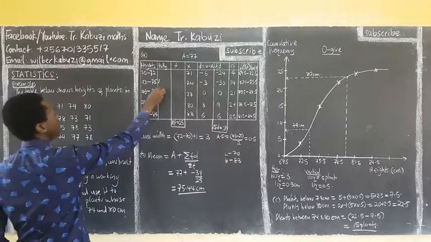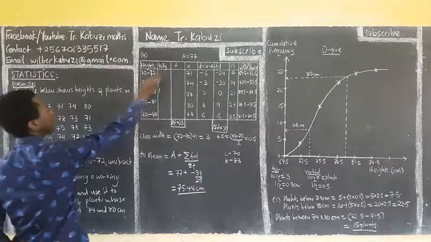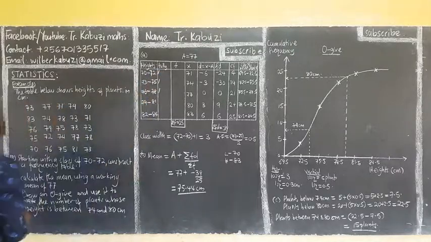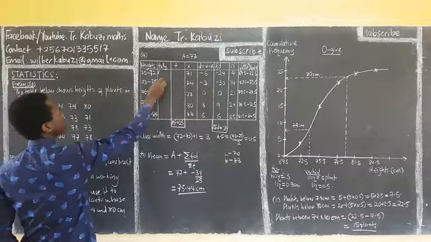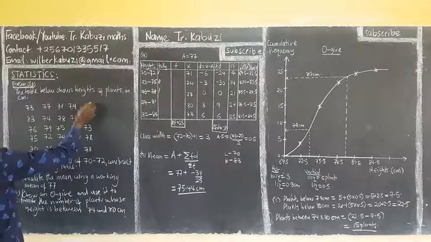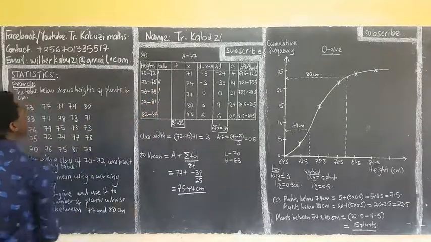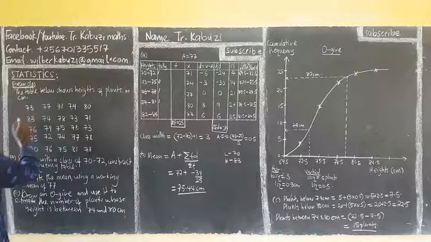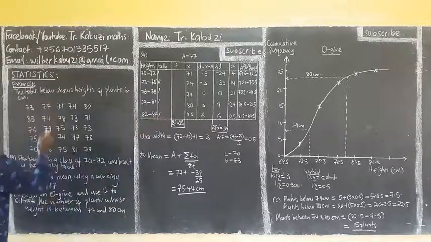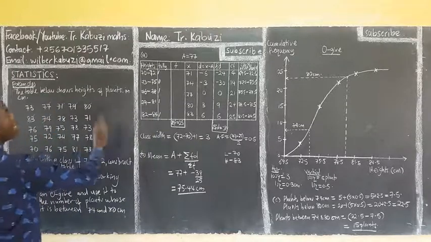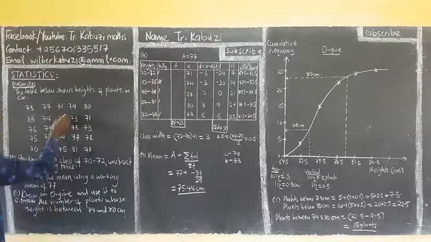Then 71 is here. 74 is between this and this. 80 is here, put a stick there. Then 83 is here. Then 74 is here. Then my 78